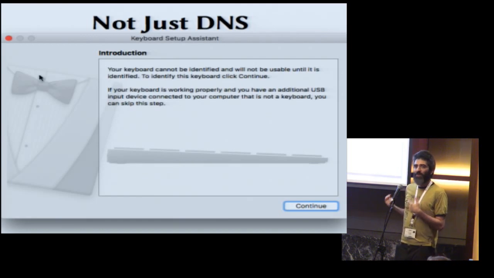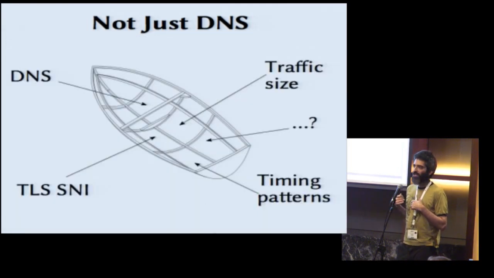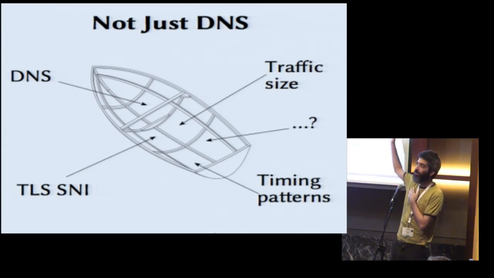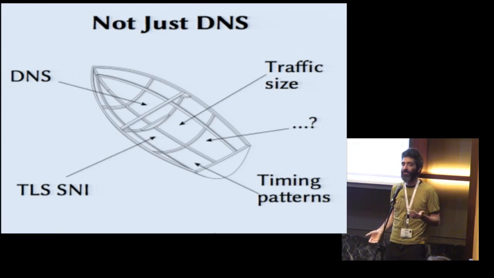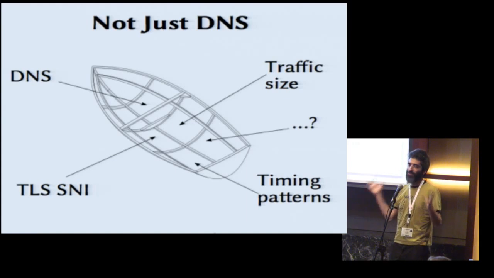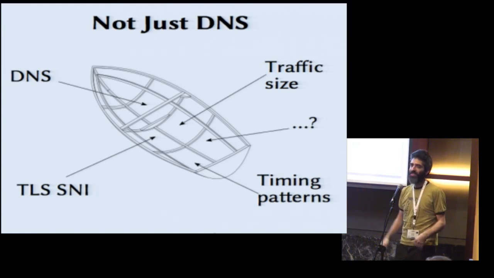So the motivation here is that there's a lot of work ahead of us. These are theoretical concerns, and some of these, like the question marks there, are real question marks. There's ongoing academic research about what kind of information can be determined from things like timing patterns. And we don't have all the answers. But we know that if we don't fix the things that we know how to fix, we're not going to get to all of them. So that's just a motivation for why we care about DNS privacy. It's not going to solve all the problems, but it's a step in that direction.